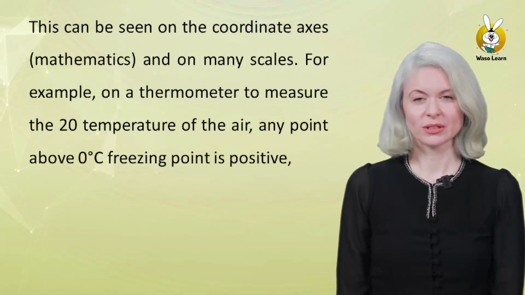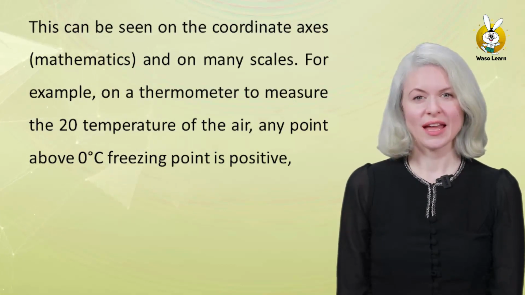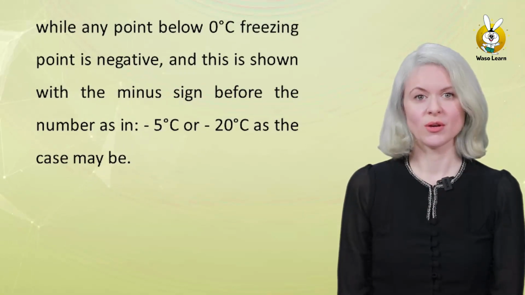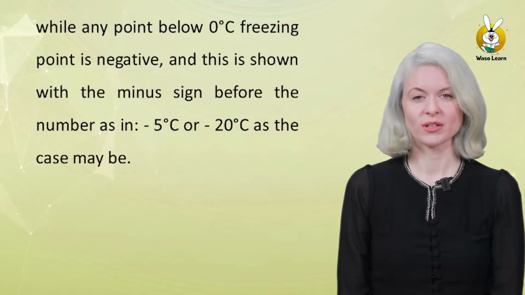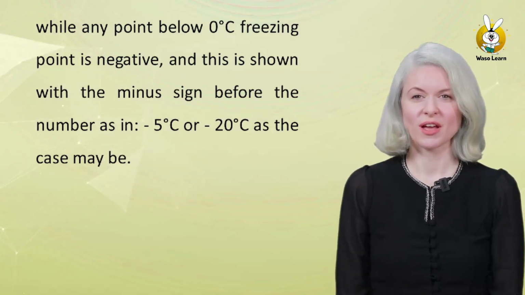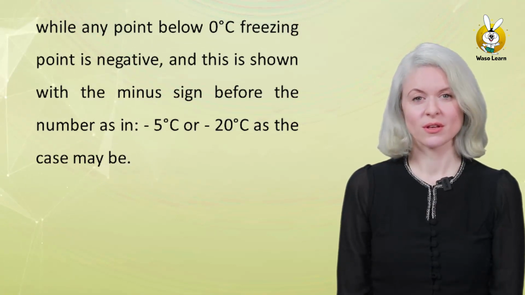For example, on a thermometer to measure the temperature of the air, any point above 0 Celsius freezing point is positive, while any point below 0 Celsius freezing point is negative. And this is shown with the minus sign before the number, as in -5 Celsius or 20 degrees Celsius, as